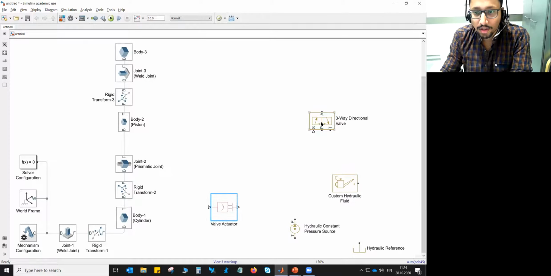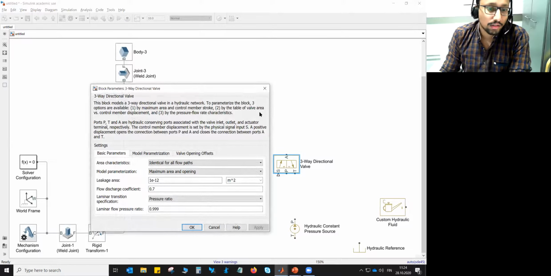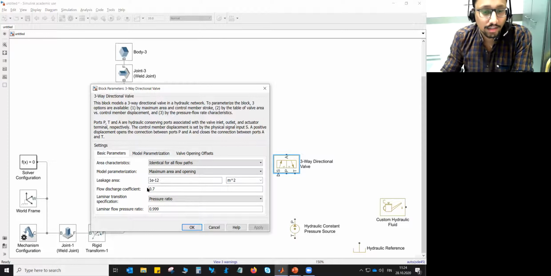Fine. In the directional control valve, let me define some properties. Most of the properties will be as they are by default, but you can cross check if you have some other property. And also remember that we will be modeling an ideal directional control valve. So basically there will be no leakage.